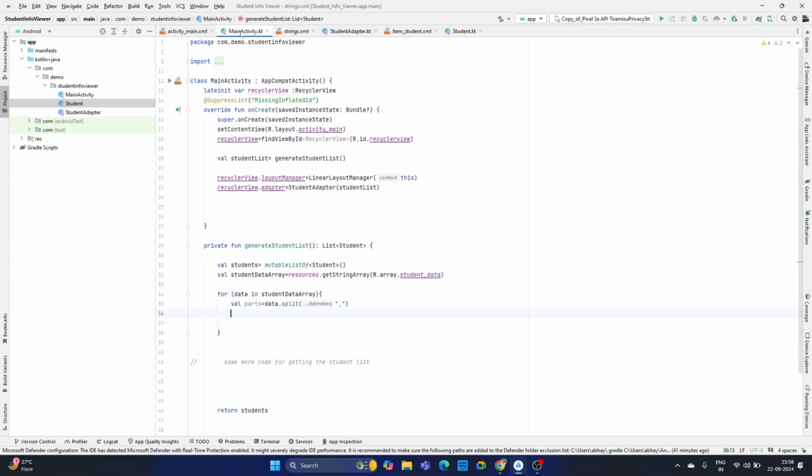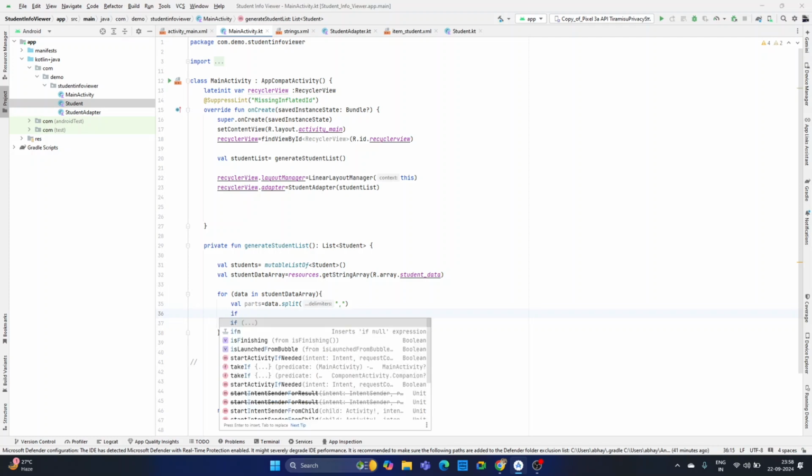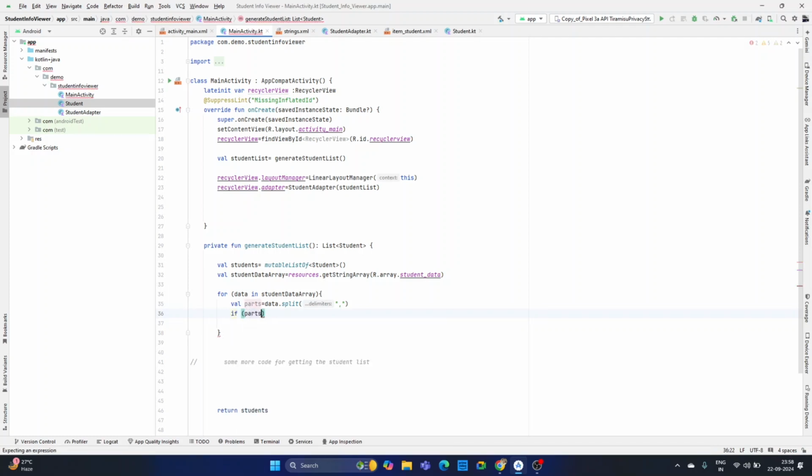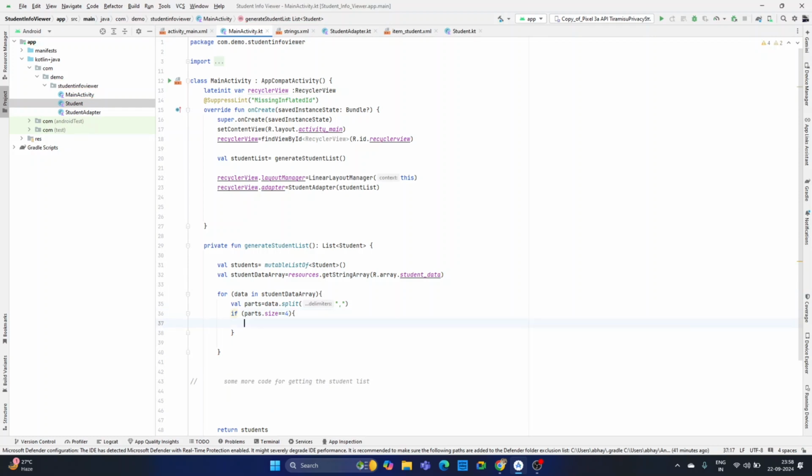So just go to the main activity, and we have to check whether the parts size is double equal to 4 or not. If it is 4, then we have to go through all the additional logic. So we have to create four variables here, which is name, and we have to use this array equal to parts